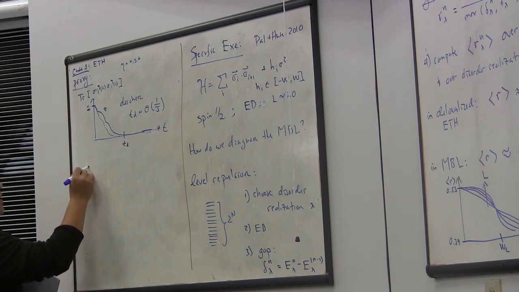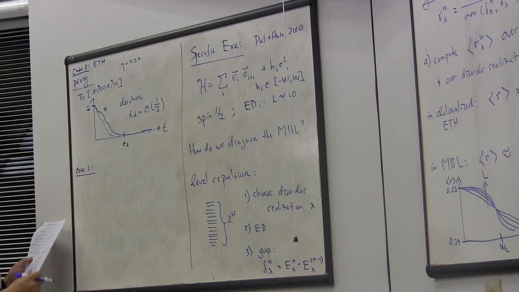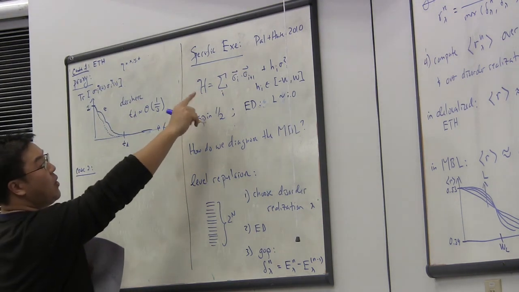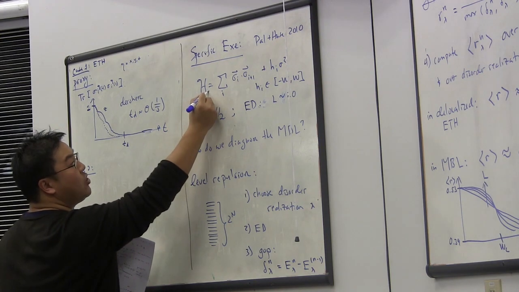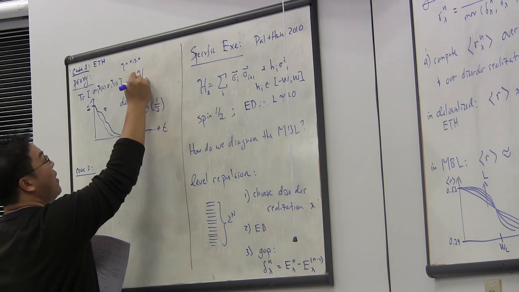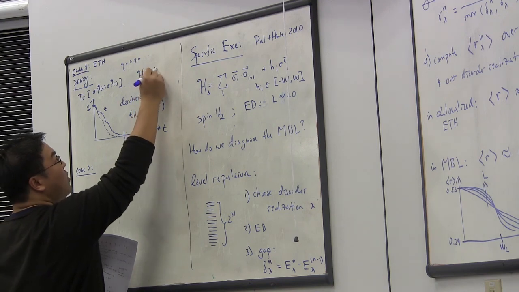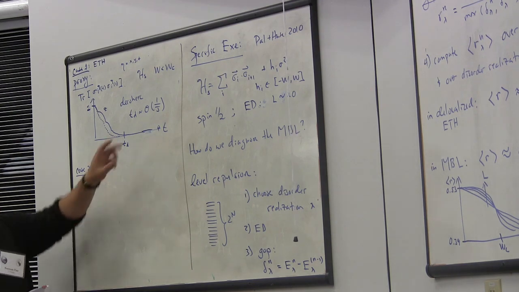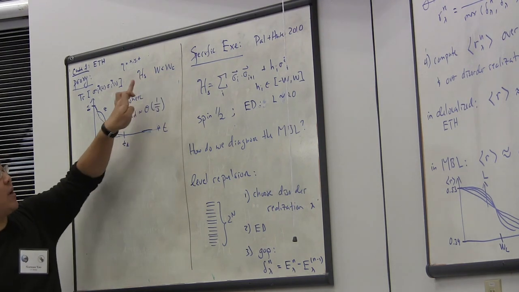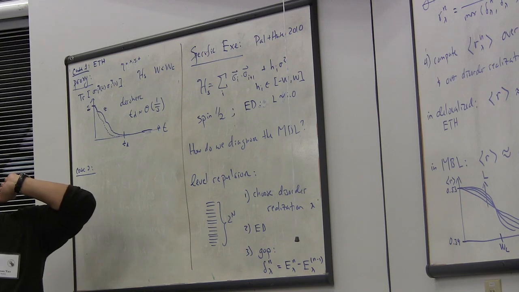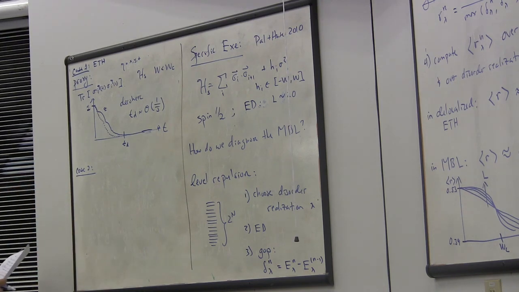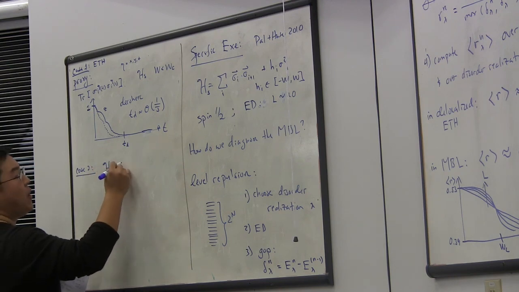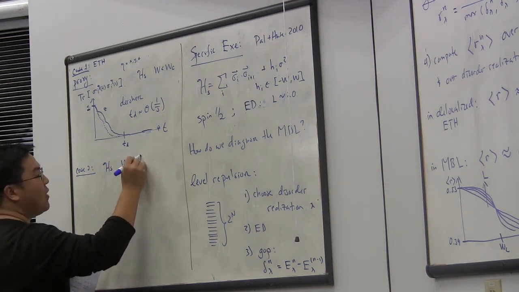Let's now try to understand case 2. Let's imagine here that the Hamiltonian that we have is precisely this Hamiltonian. Let's call this HS. Case 1 is HS where W is less than WC. When the disorder is smaller than the critical disorder strength, HS is in the ETH or thermal phase. Let's look at case 2: the same Hamiltonian where W is greater than WC.